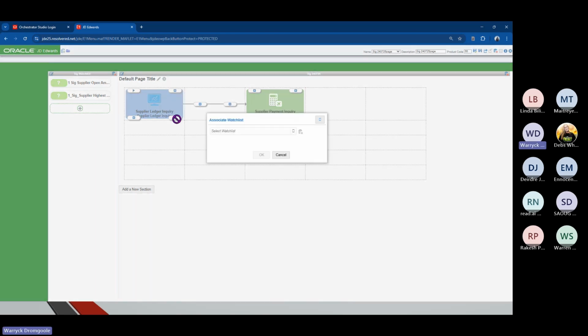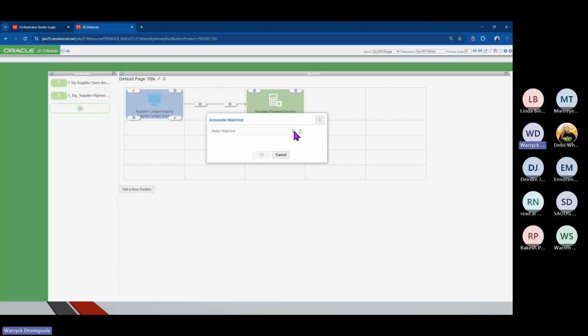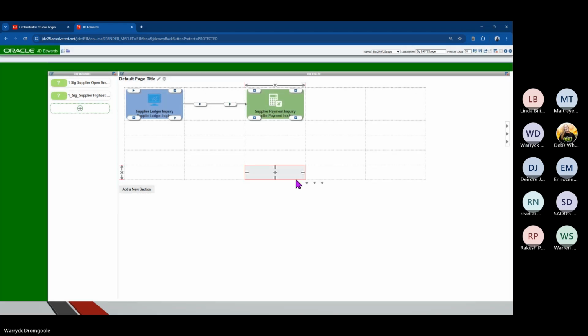I can attach it to the bottom tile if I wanted to. And I can also attach it to the connector block if I wanted to. Let's do that. If I save that,